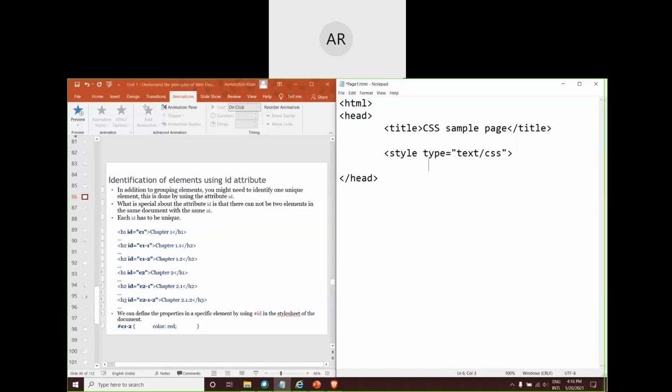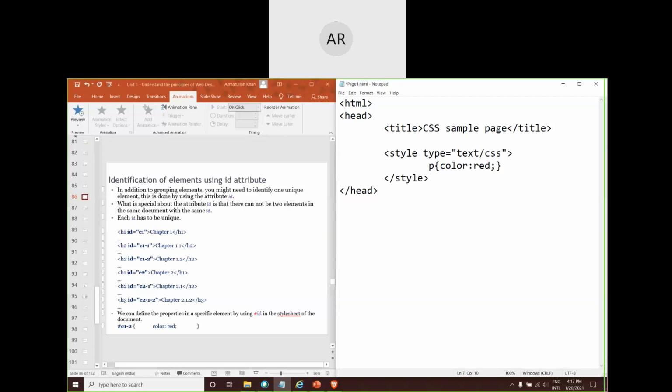Now, within this, I want to have a paragraph, and for this paragraph, I wanted to apply a particular style. That style was color should be equal to red. I did not close it with the semicolon. Okay. Now I'm closing off this style.